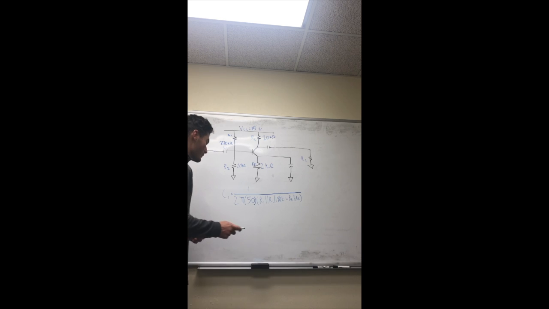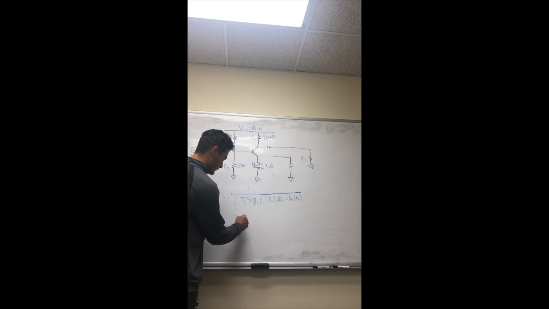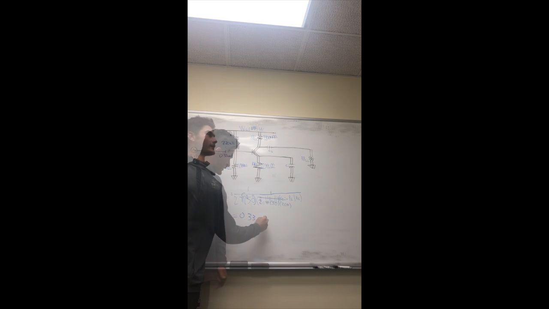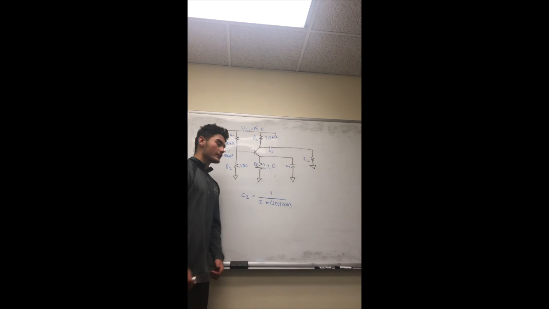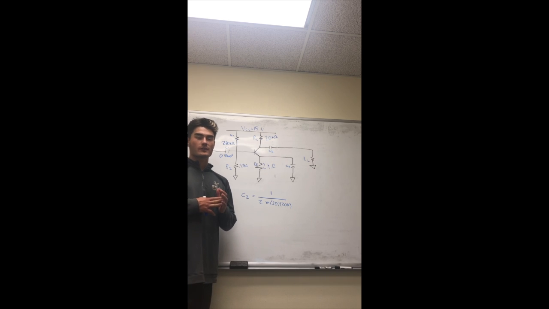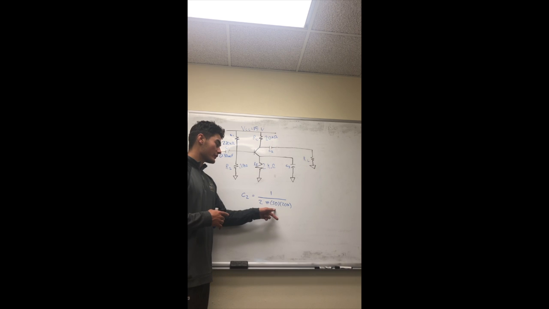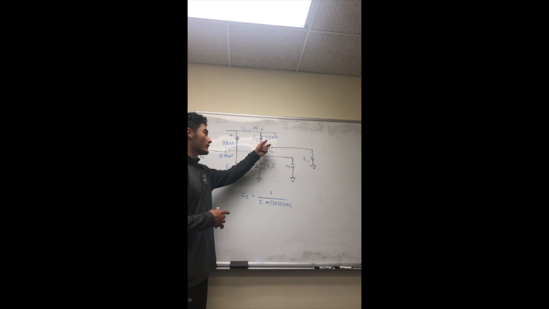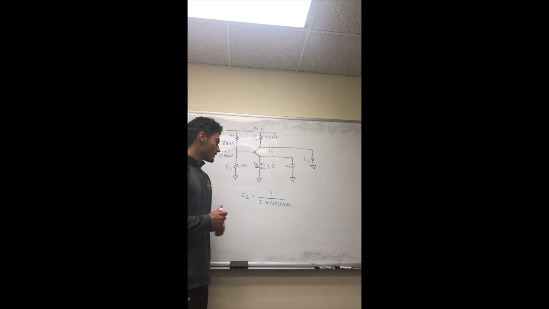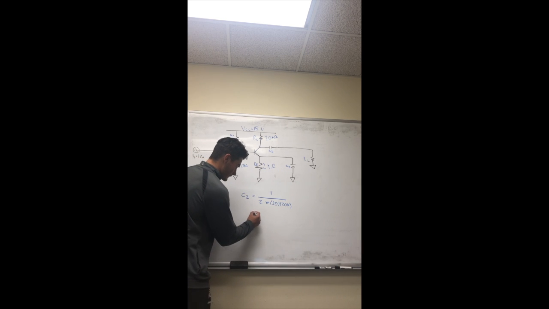And that's going to equal 0.33 microfarad. Now for solving for C2, we just use the cutoff frequency equation, and that is 1 over 2 pi times 50 hertz, and then we look at our 20 kilo ohm resistor, and solving for that, that equals 0.15